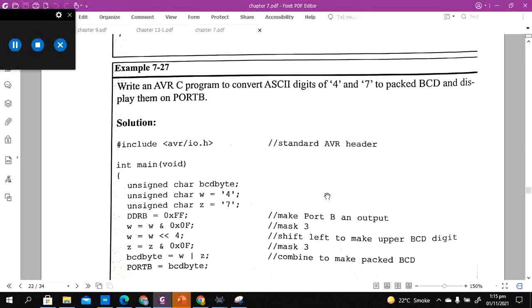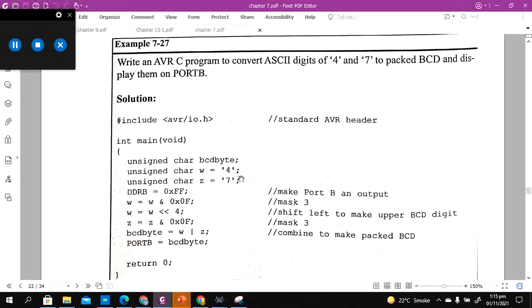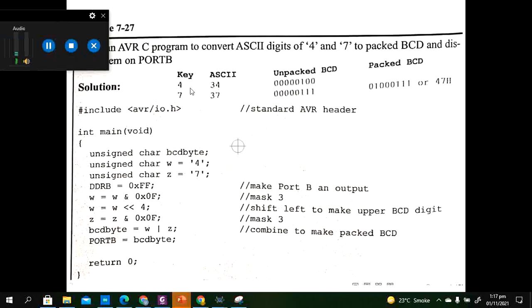If it's an ASCII digit, this is already 0x34, and we are going to mask it accordingly. Let's take this program in the Word file and then solve it. So this 4 and this 7 are going to be converted to 47 packed BCD.